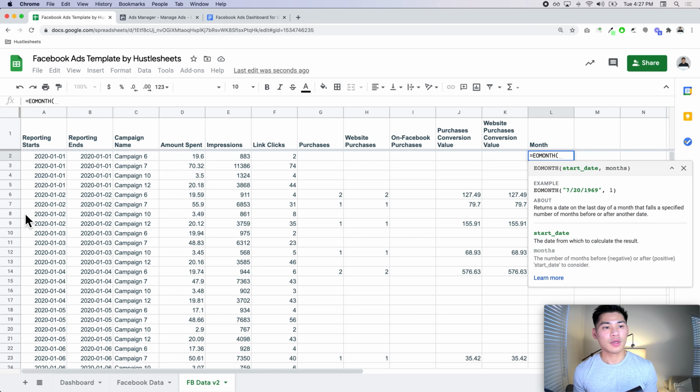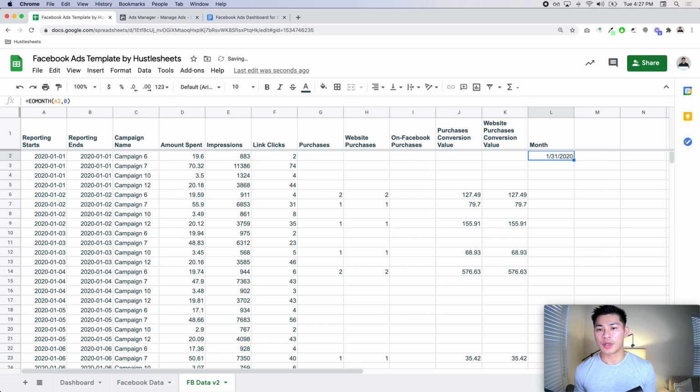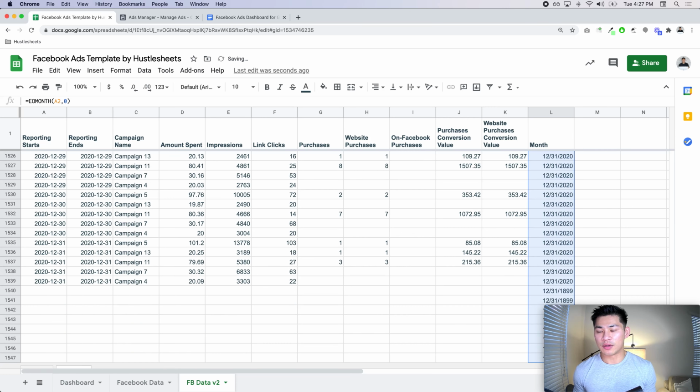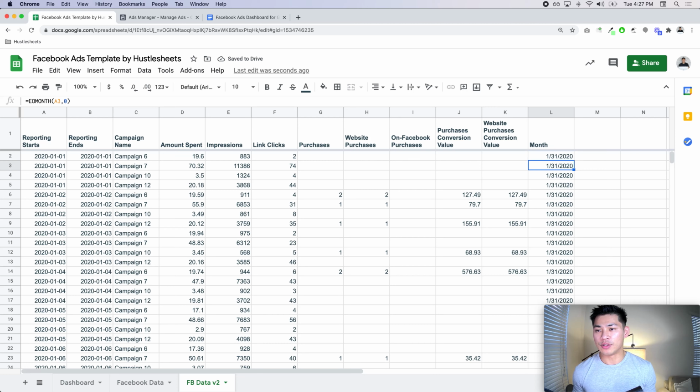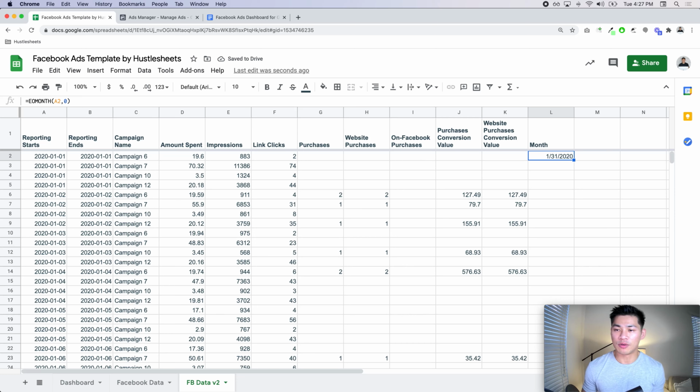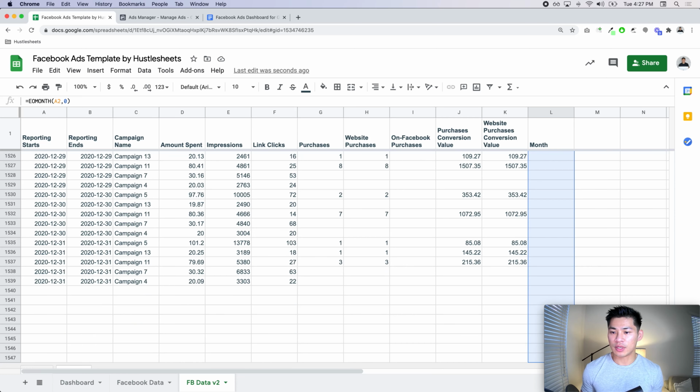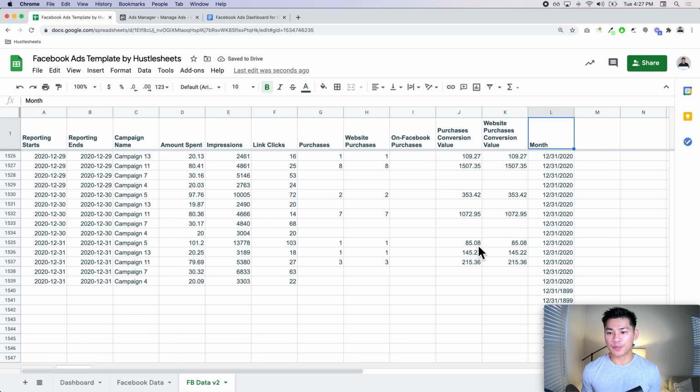Okay, so let's do EOMONTH, start date 0, and hit enter. Okay, and then we'll just drag this all the way down. I just go like this and press Command Shift Down on a Mac. If you're on a PC, it's Control Shift Down, and then when it's all highlighted, it'll bring you to the very bottom, and then I press Command D or Control D on a PC, and it'll basically fill all the way down. And you'll notice that these ones aren't going to be correct because